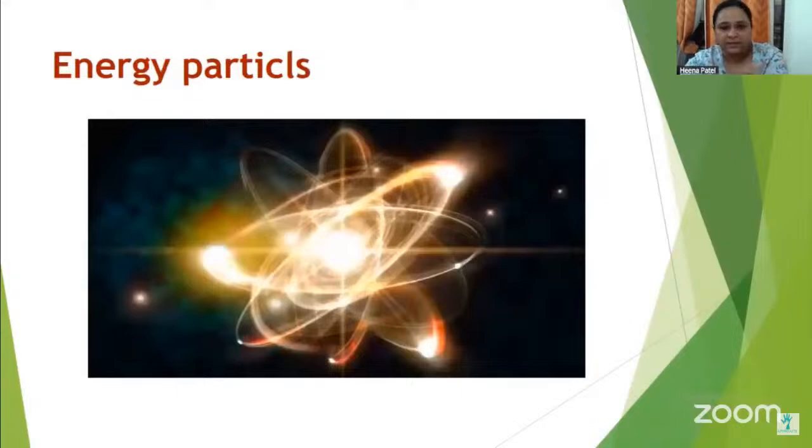And this is the energy particle from within. We are energy, and there is a lot of research going on in quantum physics. You can even find lots of videos. At the end of the day, they have researched that we are just a single vibration only. If we shift our vibration, we can shift our software, we can shift our physical body, whatever productive response we want for our life or health, we can shift it.